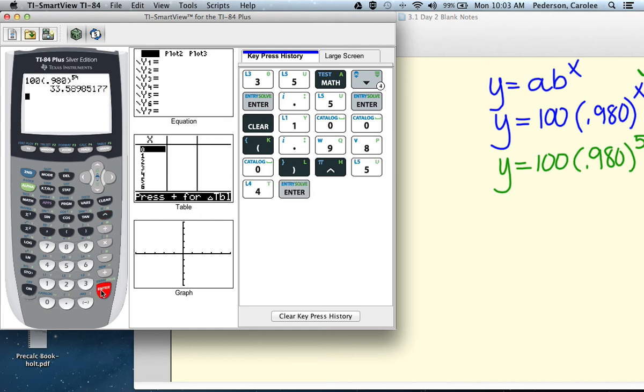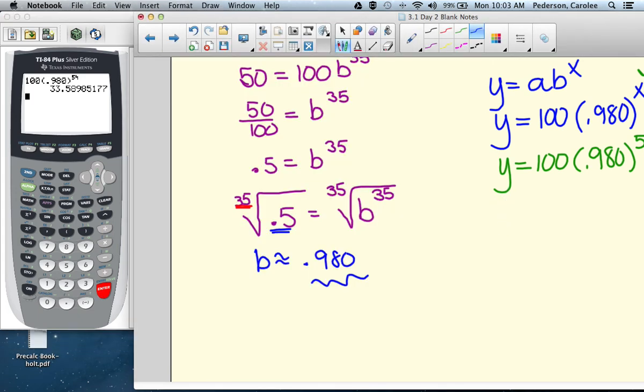And we'll get approximately 33.589, so that's going to round up to 90. Okay, milligrams left after